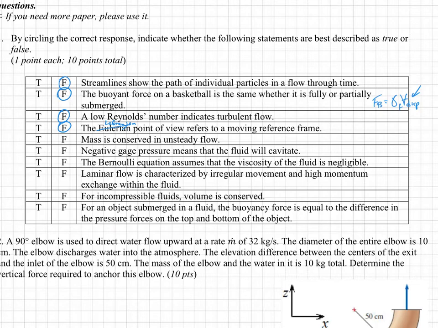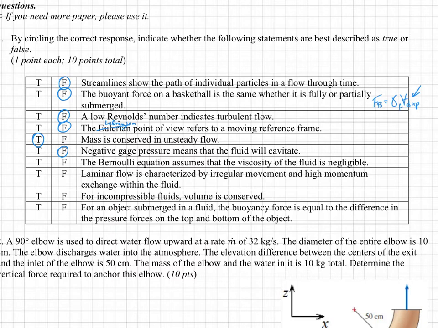Mass is conserved in unsteady flow. Mass is always conserved, unless you get into nuclear reactions. So mass is always conserved. Negative gauge pressure means that the fluid will cavitate. No, it does not. I guess it would be a prerequisite for cavitation, but really it needs to be